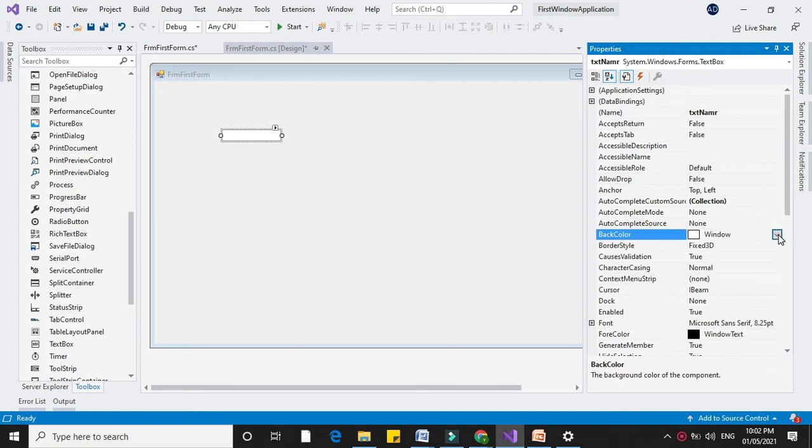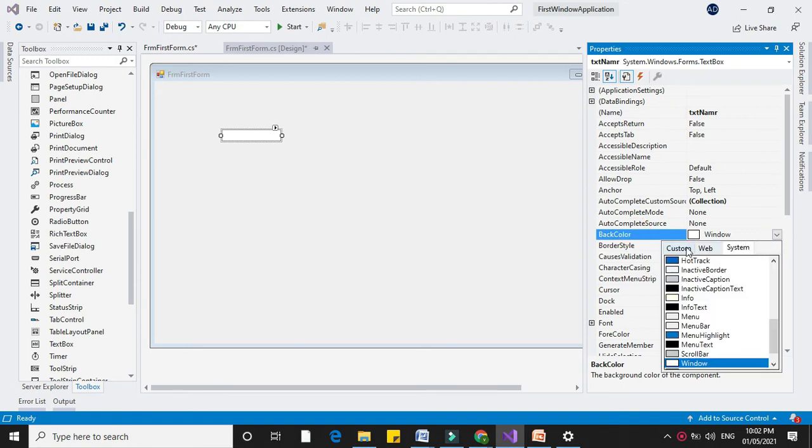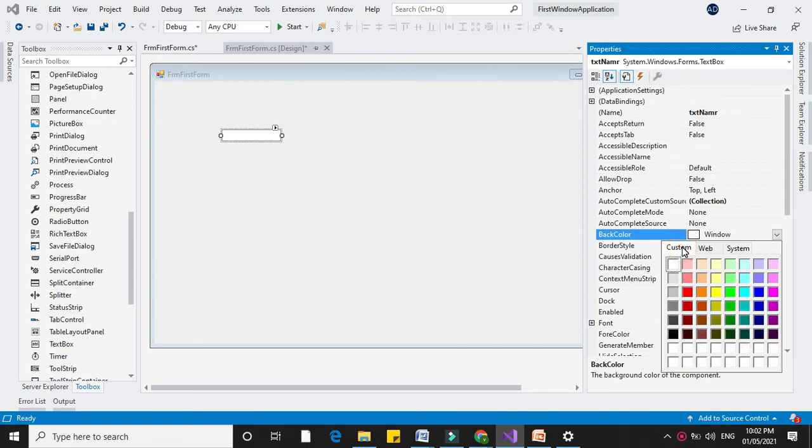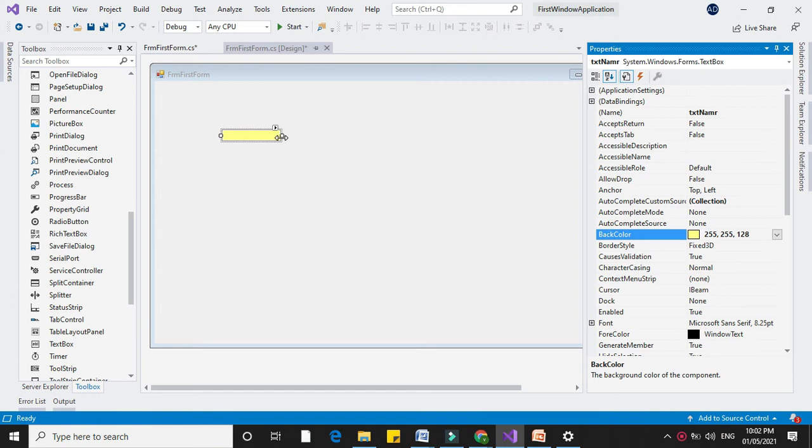Next is back color. Back color property is used to set the background color of our text box. You can set the color from custom, web or system. It will change the background color.